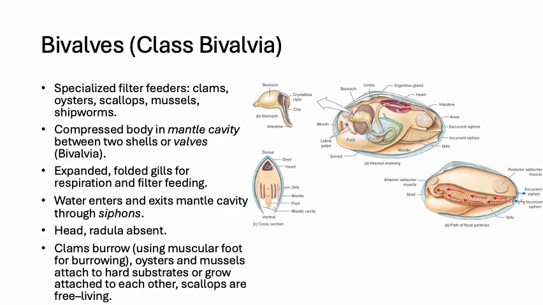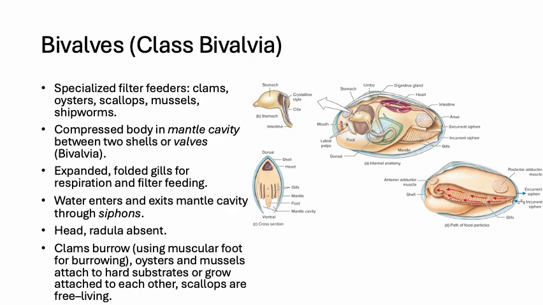Bivalves include clams, mussels, oysters, scallops, and even shipworms. Their bodies are laterally compressed and enclosed within two shells, or valves, hinged together. Unlike gastropods, they don't have a head or radula. Instead, they're specialized filter feeders, pulling in water through siphons, filtering out food within their gills, and releasing clean water